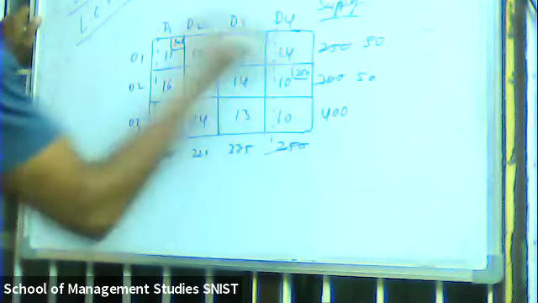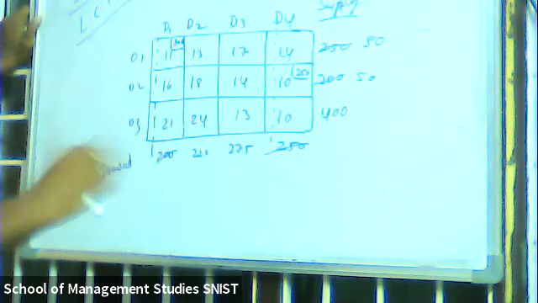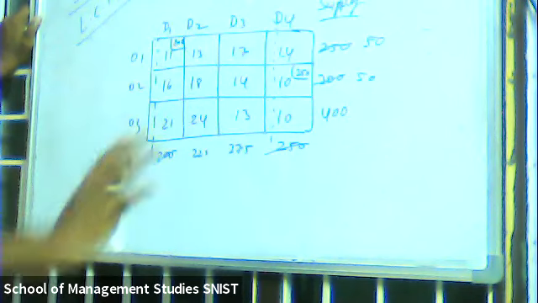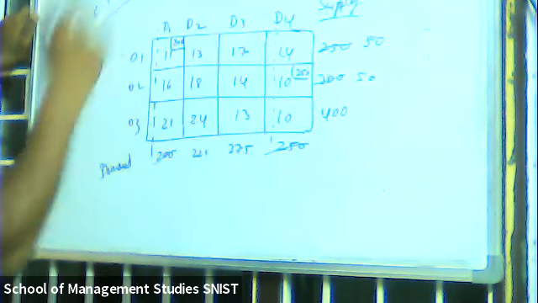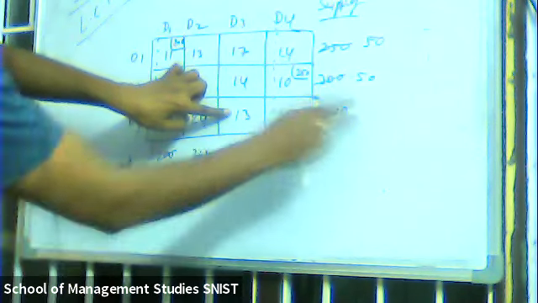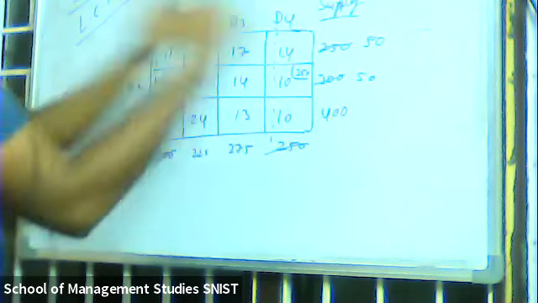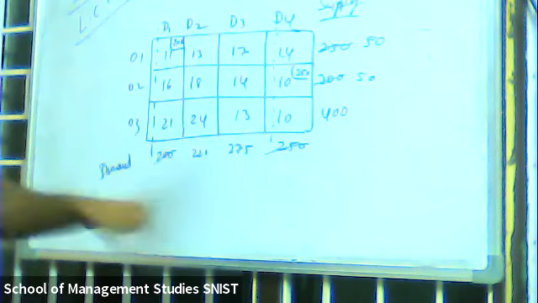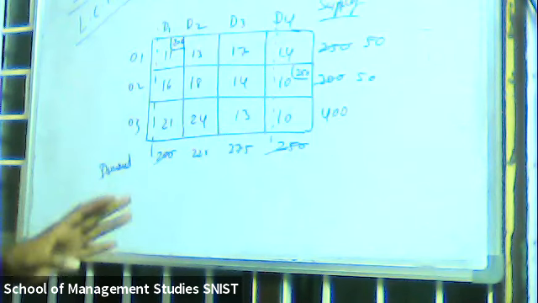So always if you get this type of conditions, sometimes in the problem they may give you 3 or maybe 4 values the same. So if it is 4 values or 3 values or any number of values, then you need to check like this. Suppose even if you have one more 13, then again you have to check the demand and supply. If it is a minimum when compared to the remaining 2, then you are going to allocate that minimum value itself. Is it clear? Are you following?